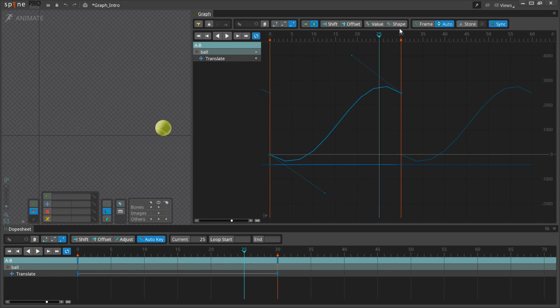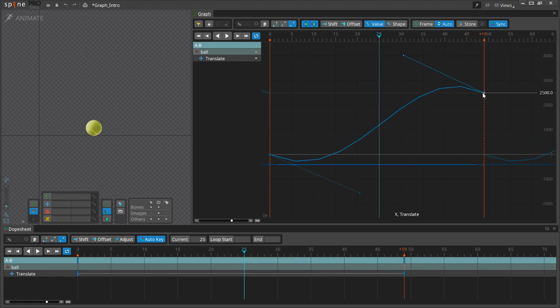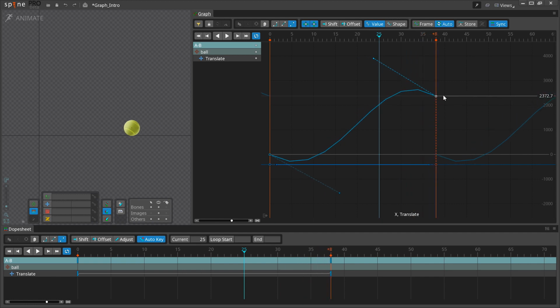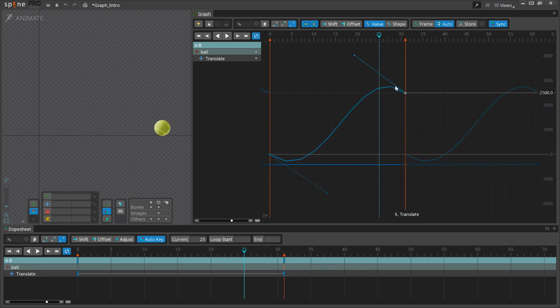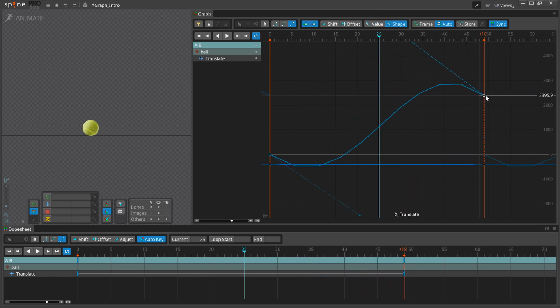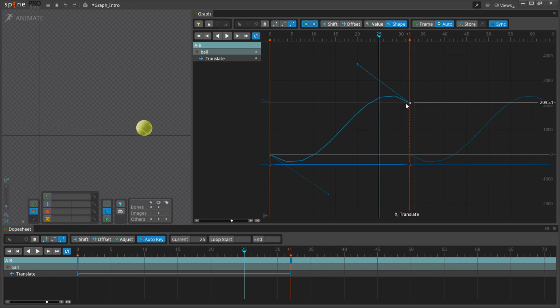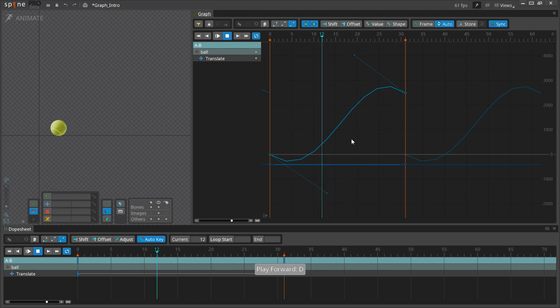The value and shape buttons control how Bezier handles are adjusted when keys are moved left-right. When neither is selected, the handles don't change as you move keys. When value is selected, the handles change so the curve keeps its minimum and maximum values, but likely changes shape. When shape is selected, the handles change so the curve keeps its shape. The minimum and the maximum curve values change. Depending on your animation, these buttons can reduce the work needed to fix up curves after you move keys to adjust timing.